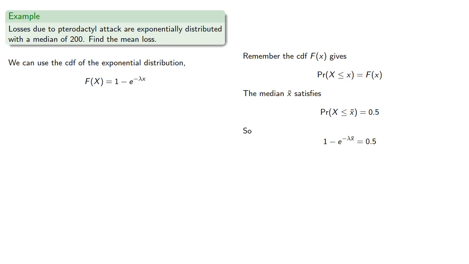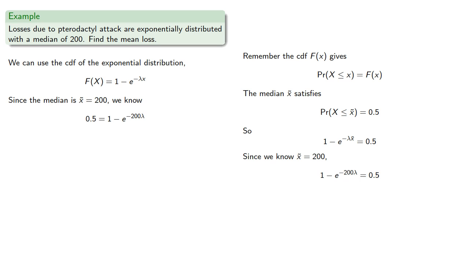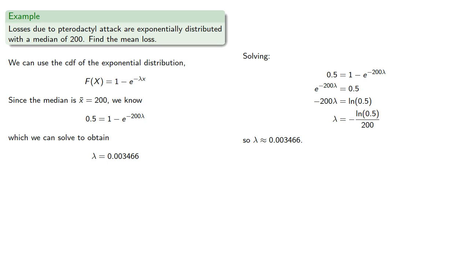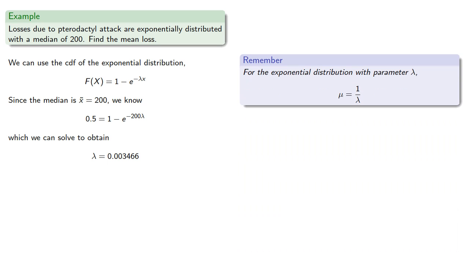And that gives us our equation. And since we actually know the median, we can substitute that value in and get an equation where lambda is the only unknown. Solving our equation gives us, and remember, for the exponential distribution with parameter lambda, the mean is the reciprocal of lambda, and so the mean value is